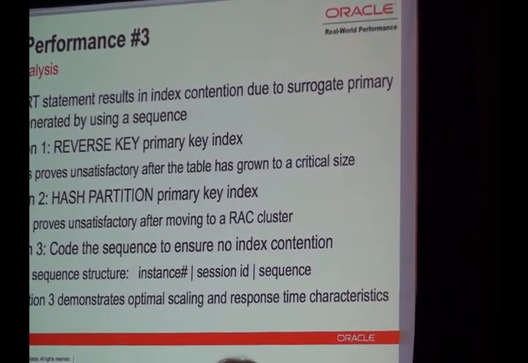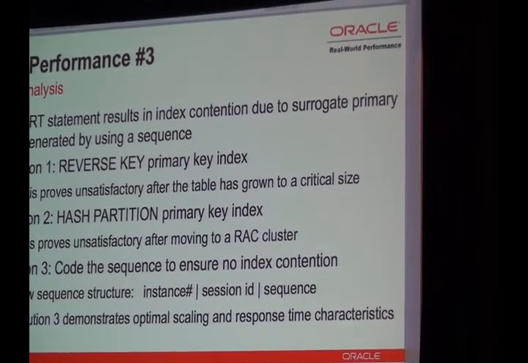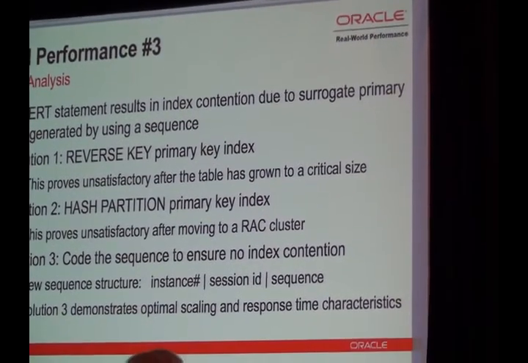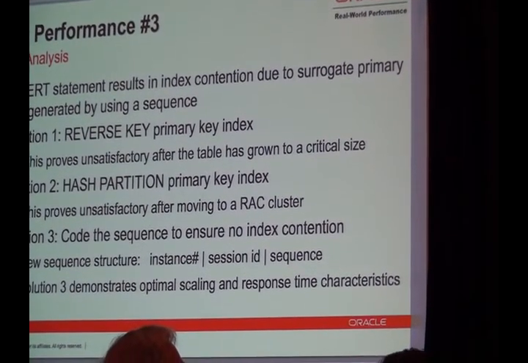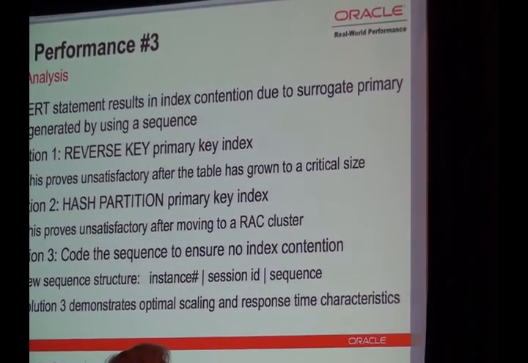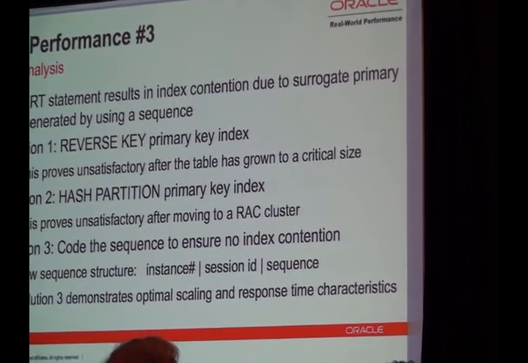But when you move into a cluster with a hash partition index solution, what's the chance of finding the block you want to find in your own local cache? Well, with 2 nodes, it's 1 in 2. When you go to 3 nodes, it's 1 in 3. As you add nodes, your batting average gets reduced all the time. So by having clever sequence generation, you can ensure that you always find where you want to insert in your local buffer cache, and hence get that insert statement to scale.